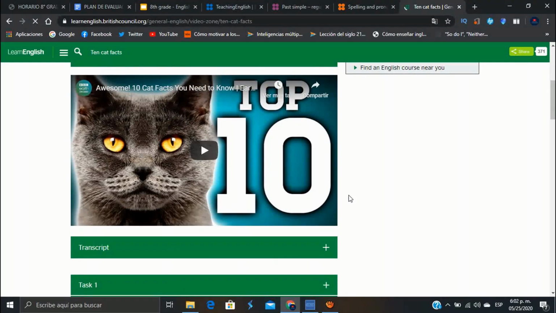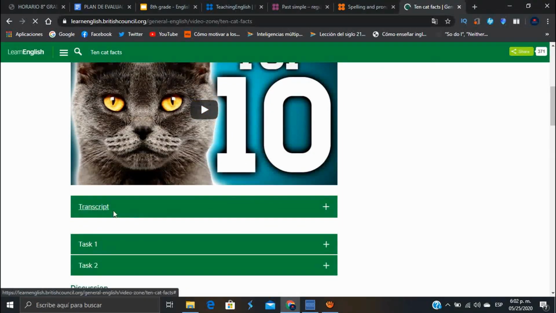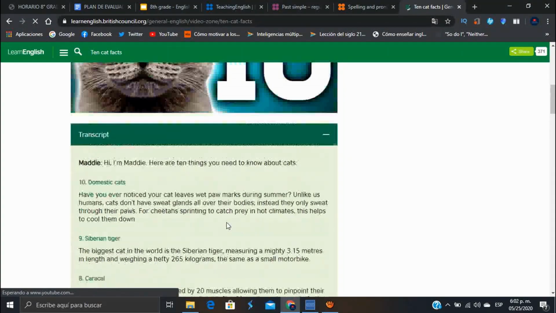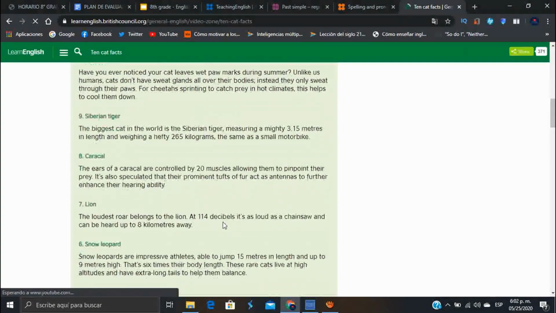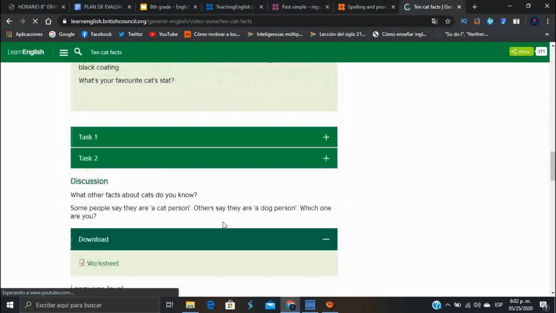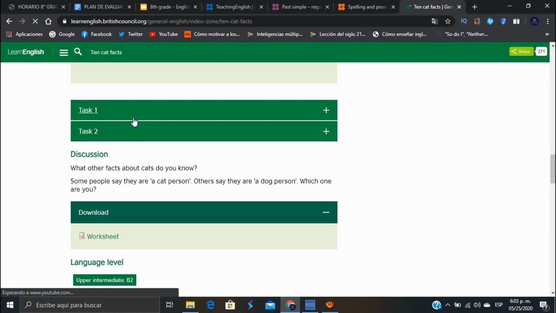And the students are learning new things. Not only English, like verb to be, hello, goodbye, everything, but new information about the world, about animals, about anything you like. And of course, you have the transcript. So you don't only listen and watch, you can also read the text. Very good. And of course, you have the test. Actually, you can download everything: the transcript, the test, and everything.